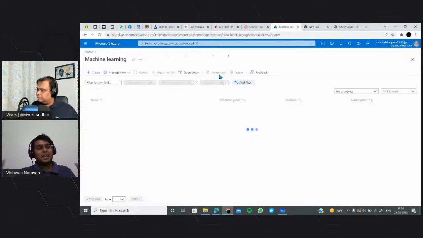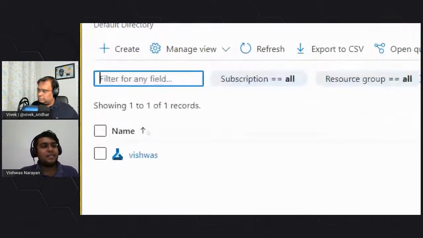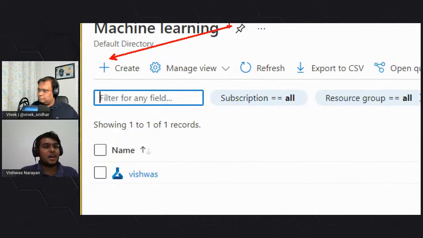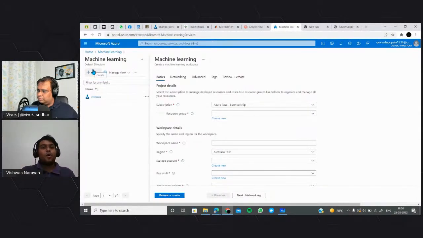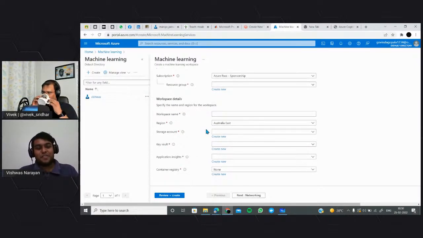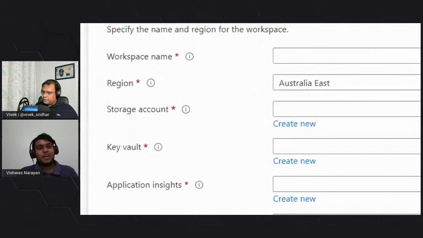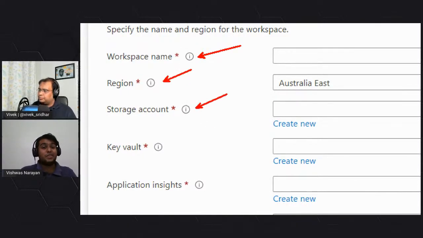So right now, I just enter this ML and the same old magic icon. I just start creating it, and you will see that it seamlessly has that automation. What do you call in terms of ML Ops? An attempt to automate all the different processes and operations that happen in an ML environment is now being automated. Look at the fact that I'm able to take care of the workspace, the region of that workspace, the storage account, which is going to take care of all the configurations and everything